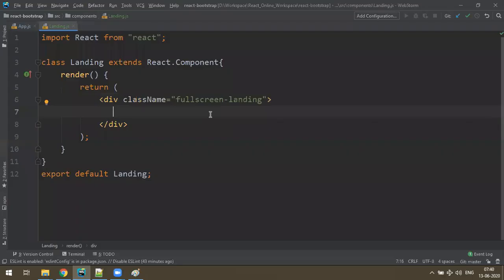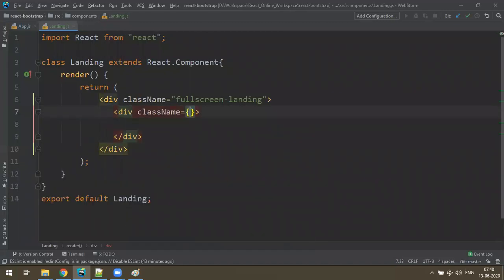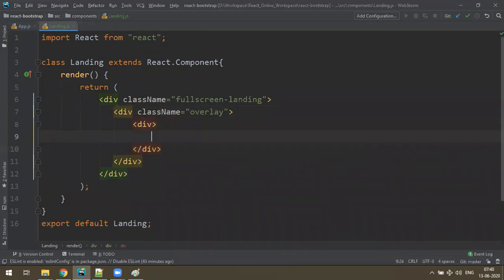On that I wanted to make some grayish color, so let's make something called overlay. In that I wanted to make some text. Let's make some h2 React Social. So first full screen for the image, then a gray overlay on it, and then some text.